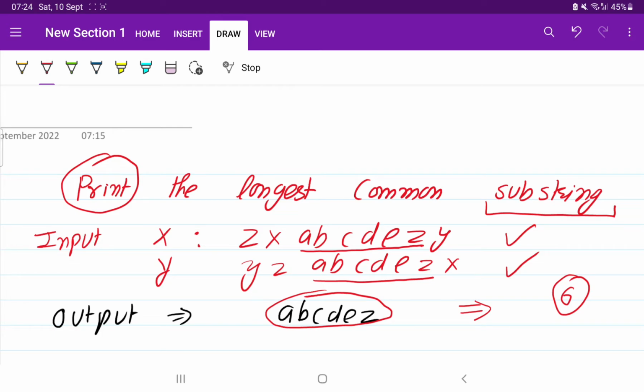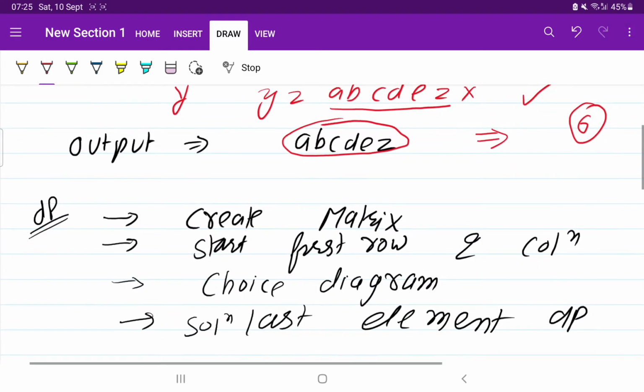So how are we going to solve this question? First of all, try to visit the longest common substring problem, so this will be a bit easier for you. And still, if you don't want to visit that problem, I am going to explain the core concept. This question can be solved with the help of DP. There are a few steps that we need to follow while writing the solution by DP. So what are the steps that are required?